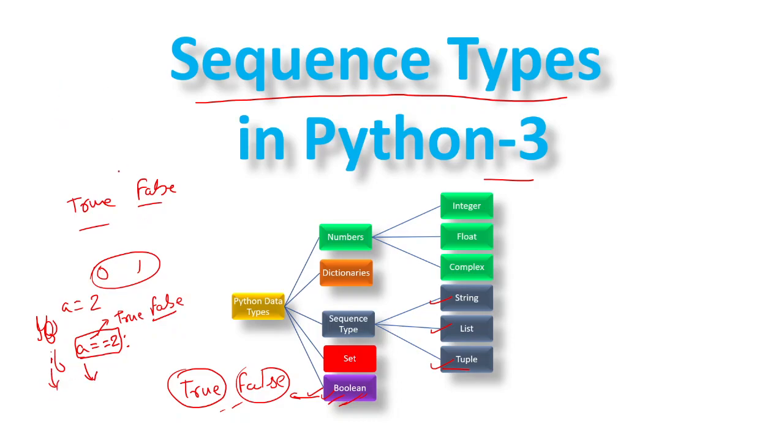Okay, so if you store something like this, suppose we have created a variable is_equal, and we have assigned a equals to 2. If we do something like a equals to 2 and leave it, what it will do is evaluate this value. This value will come as true, so is_equal will now be assigned a value of true. If it is false, it will be assigned a value of false. So this is what a boolean is.